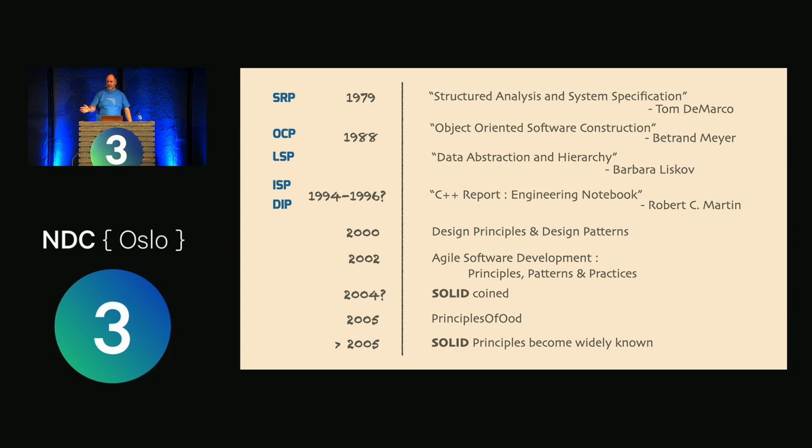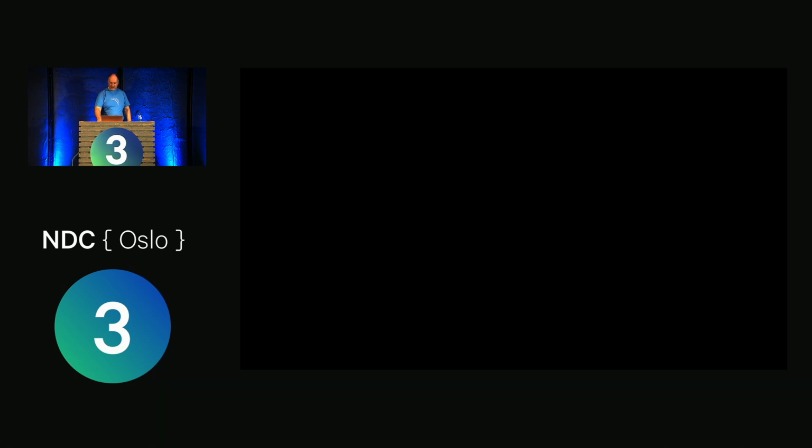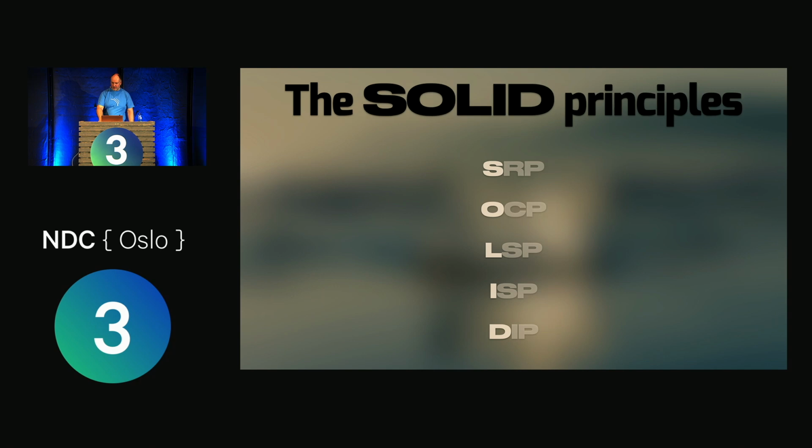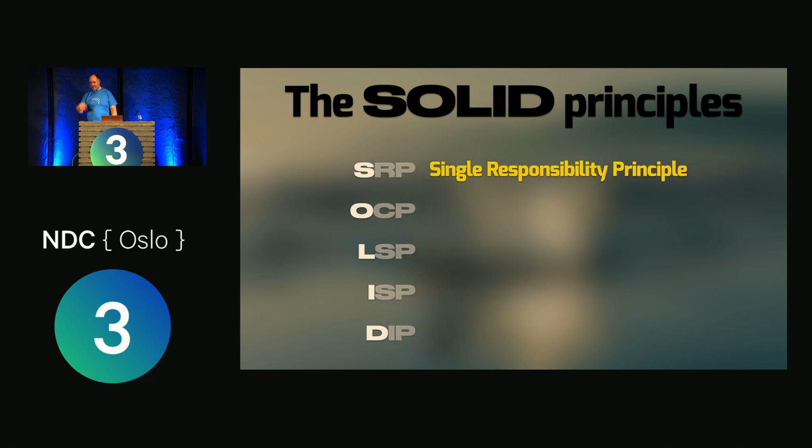So it's not just an interesting aside, but let's actually look at the principles themselves. So, not many of you actually said you knew what the names were, so I'm not going to get you to call them out, but we'll just very quickly sketch them in. So SRP is the single responsibility principle, and it's probably the most important one. In fact, many of the other principles are derivations of this, one way or another. And in terms of how the principles interact with things like TDD and just good design in general, everything generally comes back to this.